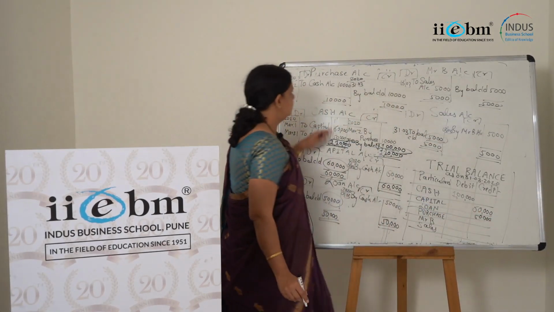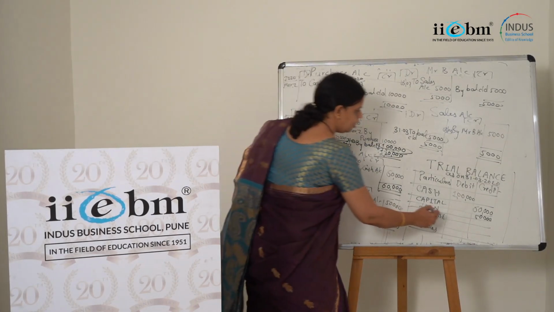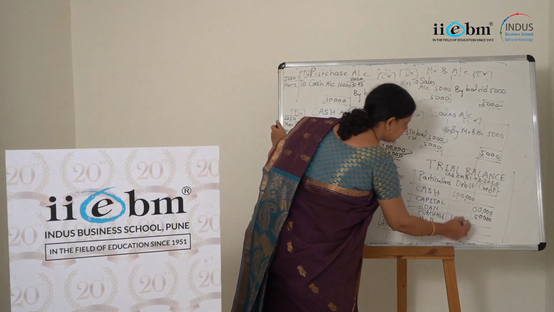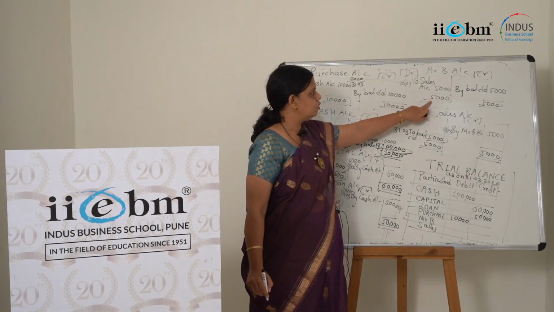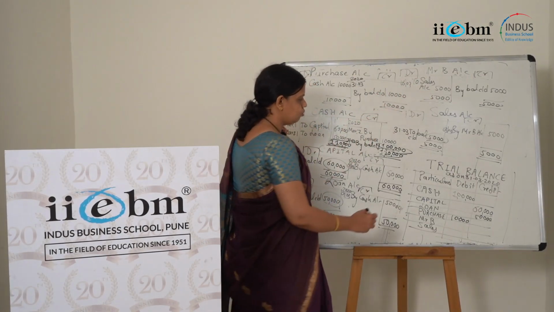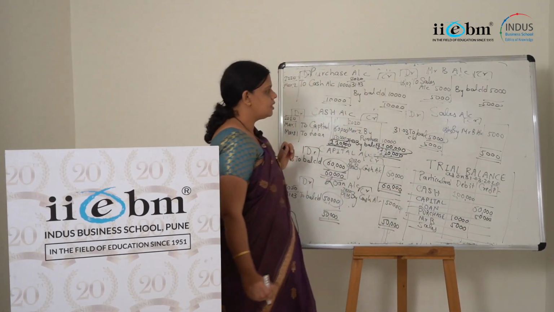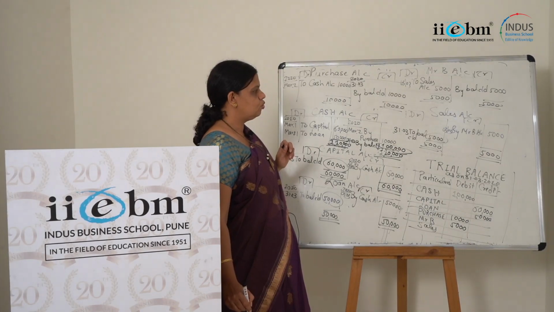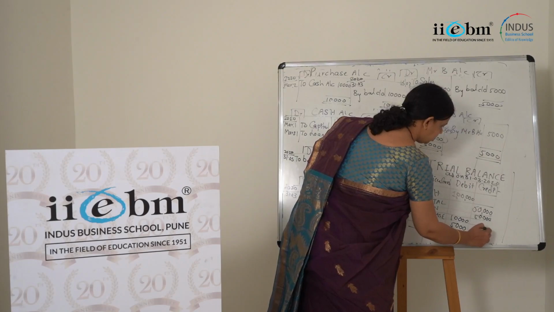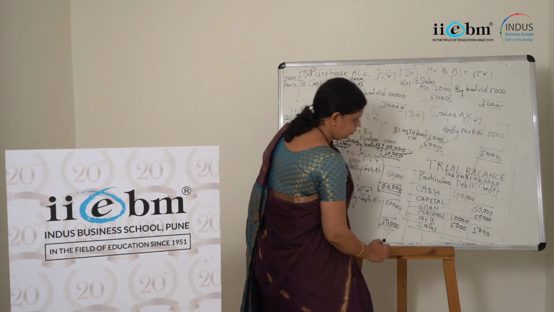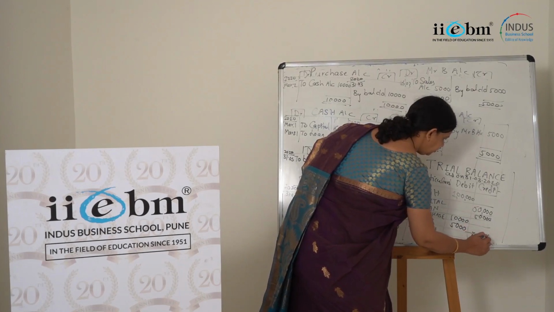Purchase account, which side total is more? Debit side total is more, so I'll write down in the debit column 10,000. Mr. B account, which side total is more? Debit side total is more, so I'll write down 5,000 here. And sales account, which total is more? Credit side total is more, so I'll write down 5,000 here. Mr. B is over sales here, right?